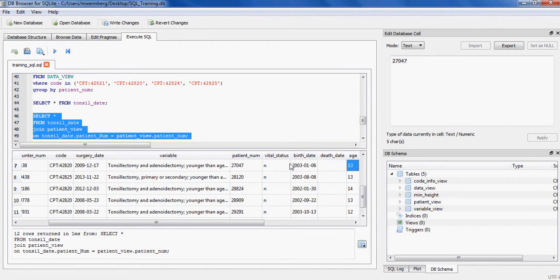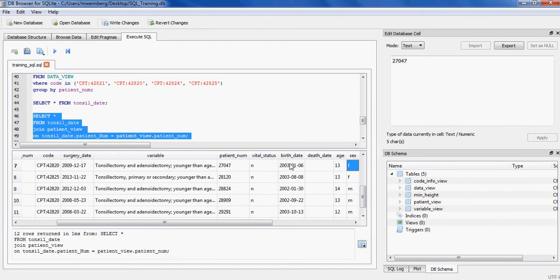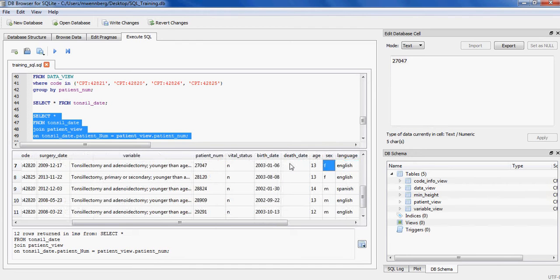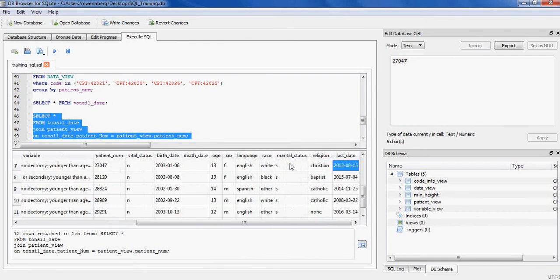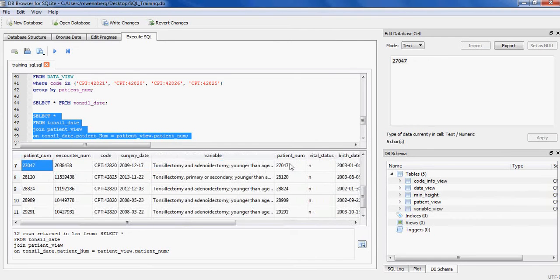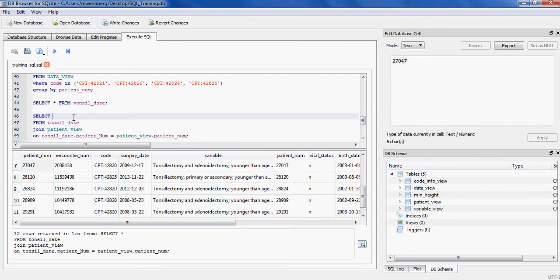So I get their birth date, their death date, which is thankfully not applicable, their current age, sex, language, race, marital status, religion, last name. I'm not interested in all of these columns because I really just want to find out how old the patient was at the time of the surgery. So I can narrow down my columns, but this time I need to put the table first. So tonsil date dot, that's saying choose from this table and then choose these specific columns. So I want patient num,